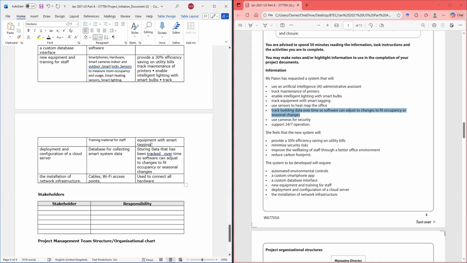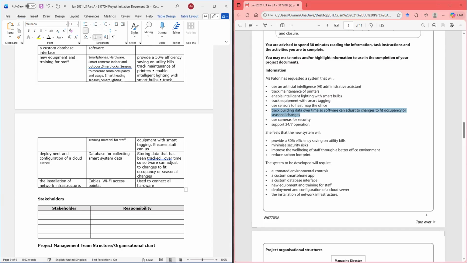And this ensures staff can use the material effectively.